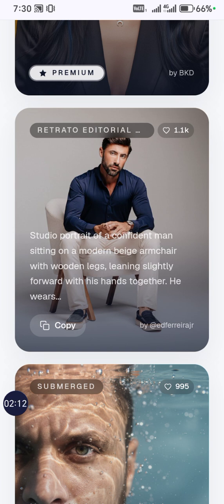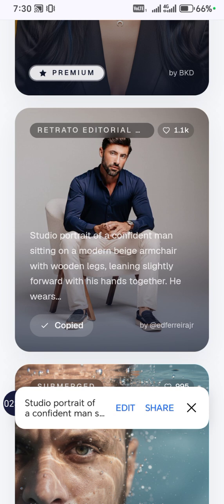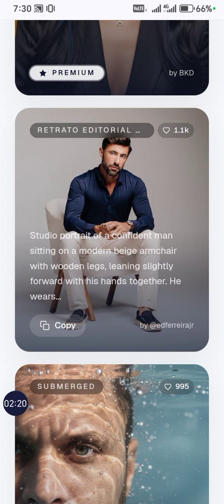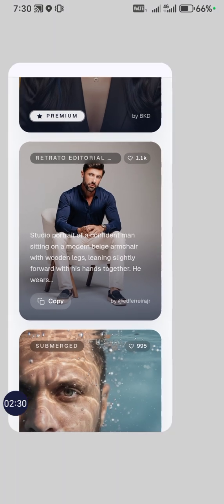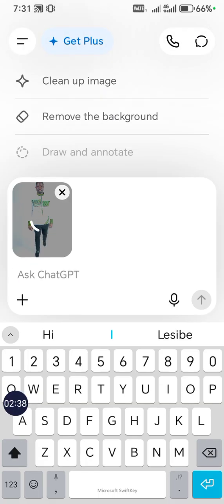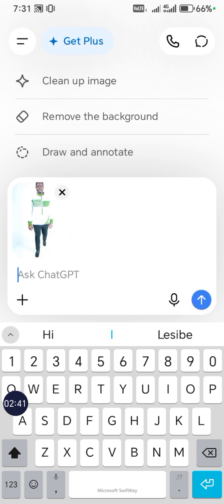So we're going to go to copy like this. On the left where you see copy, click there. Then we're going to select any random picture using ChatGPT. I'm going to go to ChatGPT. Okay, I'm going to select one of my photos here. You can start by going to your ChatGPT and selecting that little cross there, and it will take you to your files to select the picture. Okay, I selected my picture.